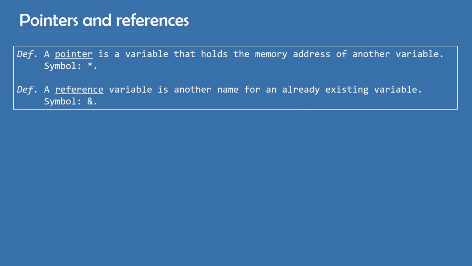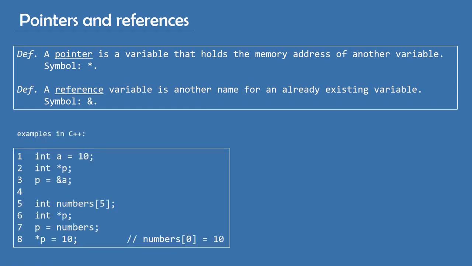Another thing I wanted to mention when it comes to objects in programming are pointers and references. Most programming languages support them, and they're both used to have one variable provide access to another one. A pointer is a variable that holds the memory address of another variable. Here's an example of declaring a pointer to an integer in C++. As you can see, the pointer is declared with an asterisk symbol,